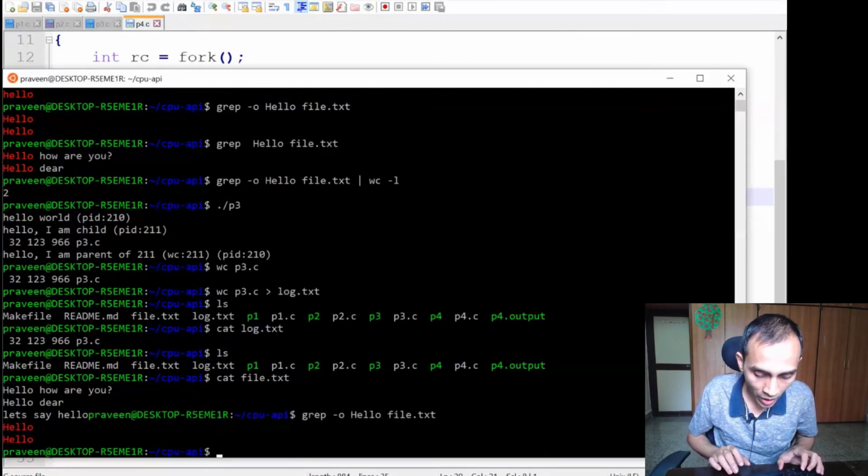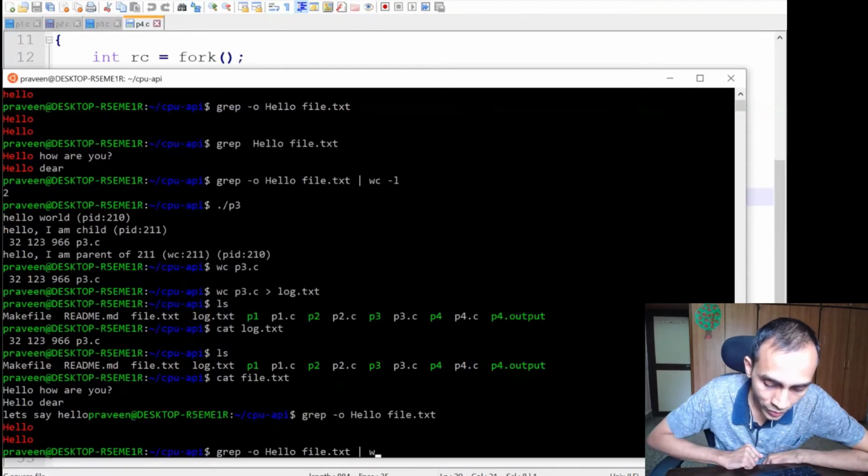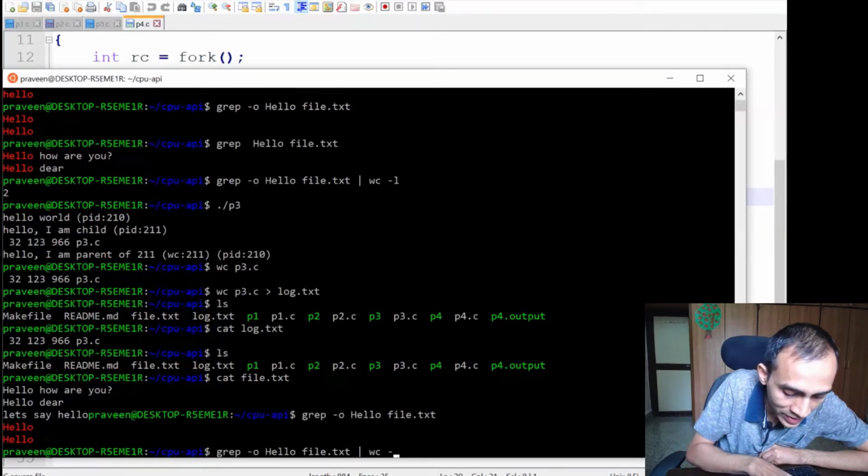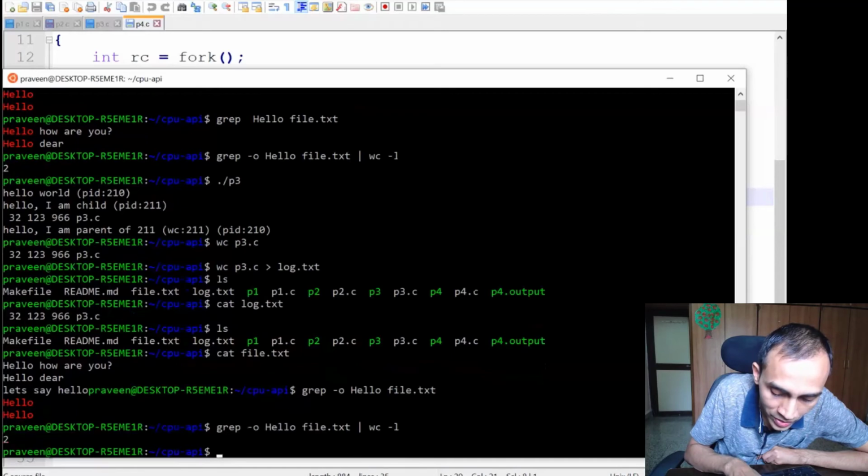But let us say it's a big file and I just want to count how many lines have this word. So I can redirect or connect if I run it this way. You can see what this has done. The output of this grep is now going to this wc program, which is counting.